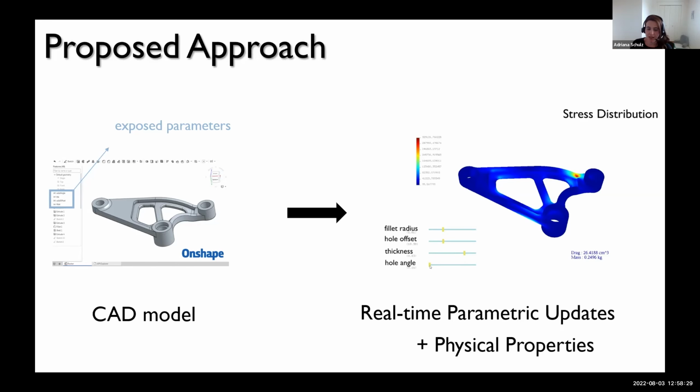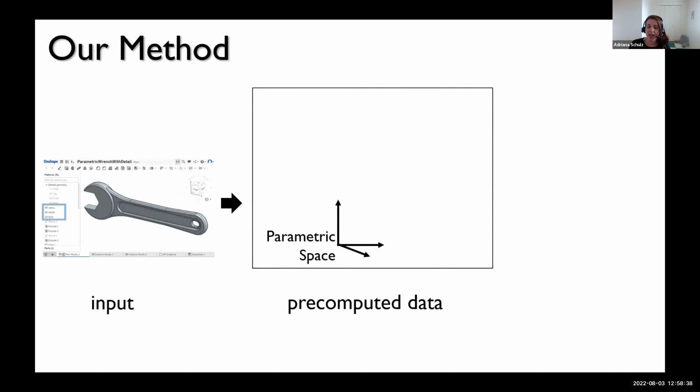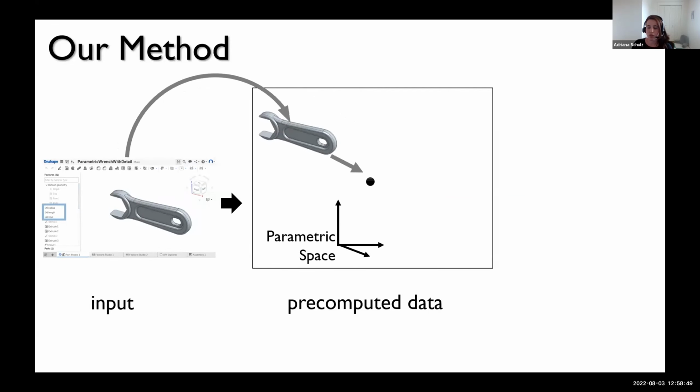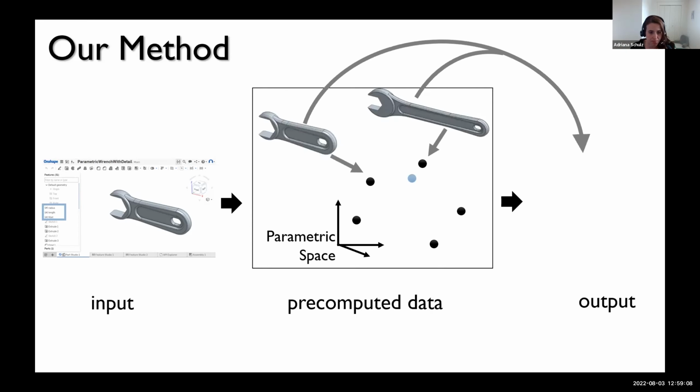I won't go into too many details, but I want to highlight how we solve this problem. Our key idea is to take our shape with the set of exposed parameters and pre-compute some data, basically going back to Onshape, sampling the space of parameters, calling Onshape and saying, hey, regenerate this model for me. Then we store some of these models. Once we have the stored data, we have algorithms that, when the user says, tell me what the shape looks like at this point, look at designs that are close by and interpolate in between.